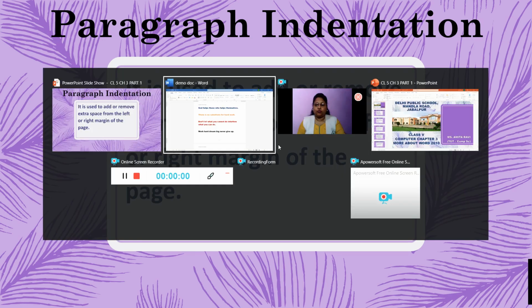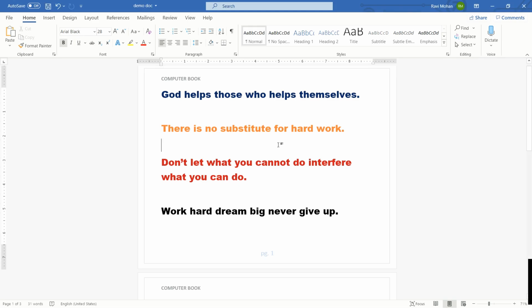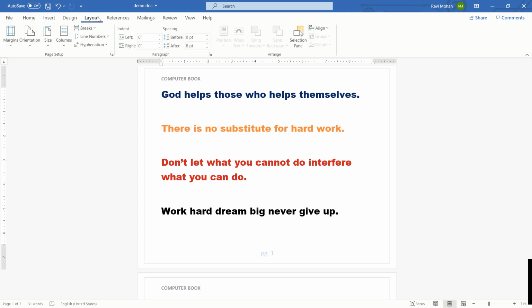If you wish to increase or decrease the margin from left and right, you will have to select the paragraph indentation option from the page layout menu. Clicking on the layout menu, the paragraph group is available in front of you, which gives us two options: indent from left and indent from right.